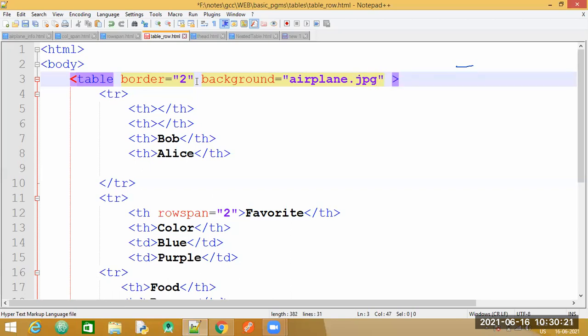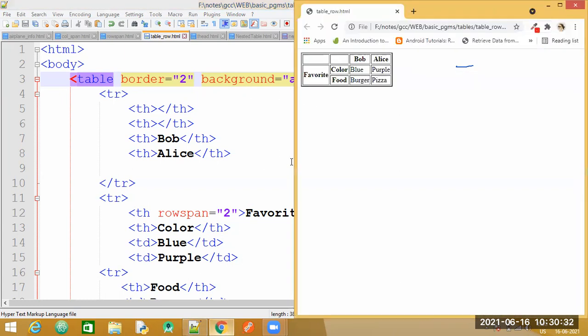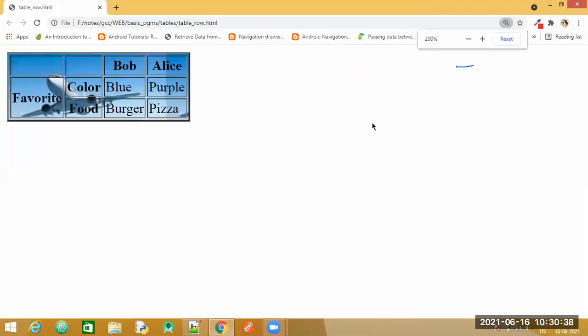So again, whenever you are specifying the image, you need to make sure it exists in the same folder where you have saved this file, or you give the entire path for that particular image if it is not getting displayed. So refresh this. Okay, so we have got the background.